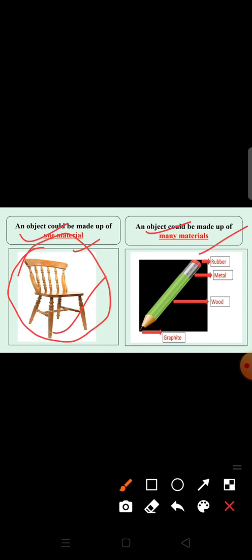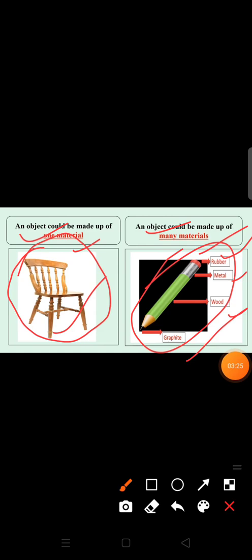And this is a pencil. This pencil is made up of rubber, metal, wood and graphite, so it is made up of more than one material, four materials in total.